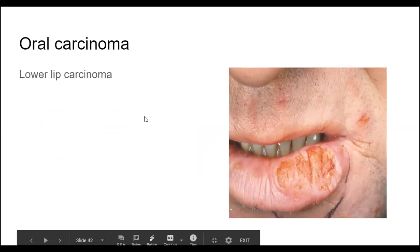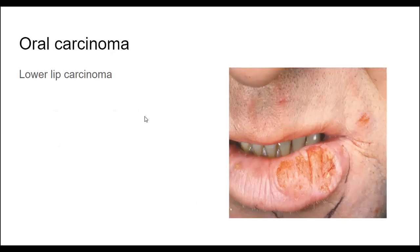The oral cavity, as we all know, starts from the lips to the tongue, buccal mucosa, alveolar ridges, hard palate. This is all oral cavity. So all this area can get carcinoma, like I'm showing in this picture. Carcinoma of the lower lip is there. All of them occur in different proportions, but in our population, the common regions of the oral cavity getting carcinomas are the tongue, buccal mucosa,